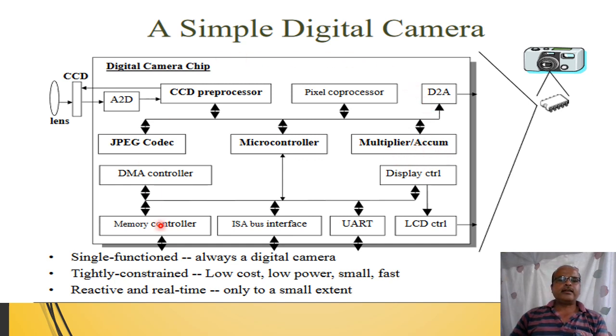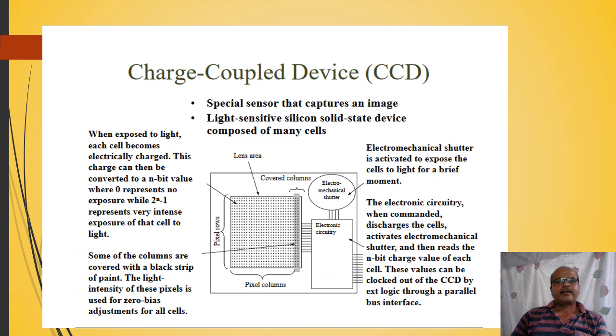So this is a detailed diagram of a digital camera. You can draw it in the exam also, and the previous block diagram is also important, from W. Bolton. Next we will take charge coupled devices. As previously explained, the charge coupled device is an important part of any digital camera.